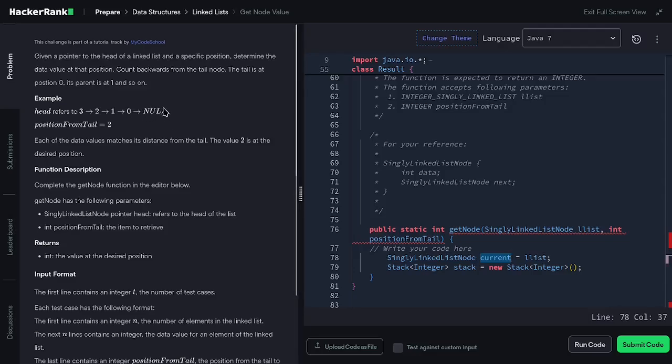We don't have to insert the null into our stack because it is already null, and the tail is considered the last node, which is 0. And then using the position from tail parameter, we need to pop the stack from 0, and then the next one we pop 1, and then the next one we pop 2 based on the second parameter right here. And then after we pop, at the same time, using the pop method, we return the data from the last